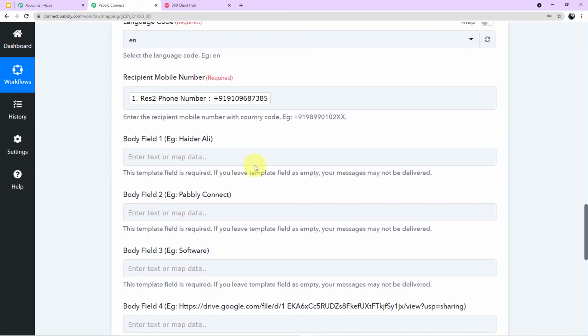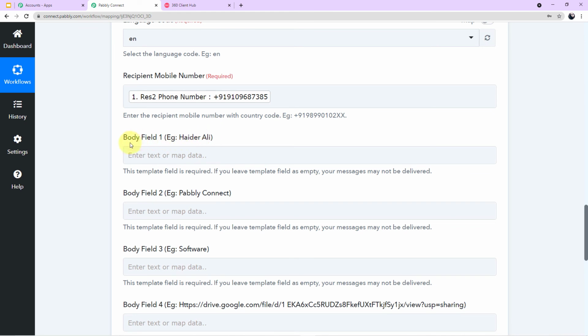Okay, now the body fields have started. As I have shown you in my template, the body fields are nothing but the variables, and in front of the body fields the examples are given to you, so you can understand in which body field what you have to fill. And one more thing guys, here I have created my template, so I have given the variables according to my need. But when you create your template, you can always add or subtract the variables. It is not necessary to create 6 variables or 2 variables. You can create endless variables or according to your choice.